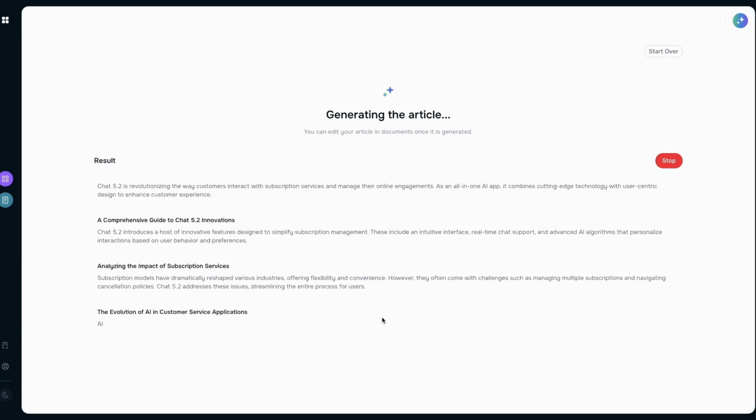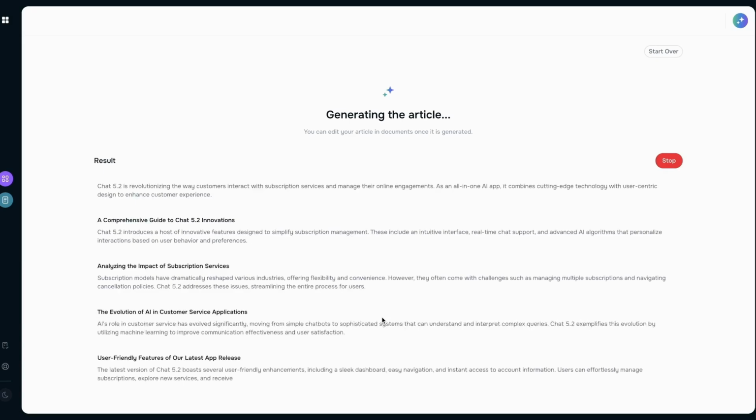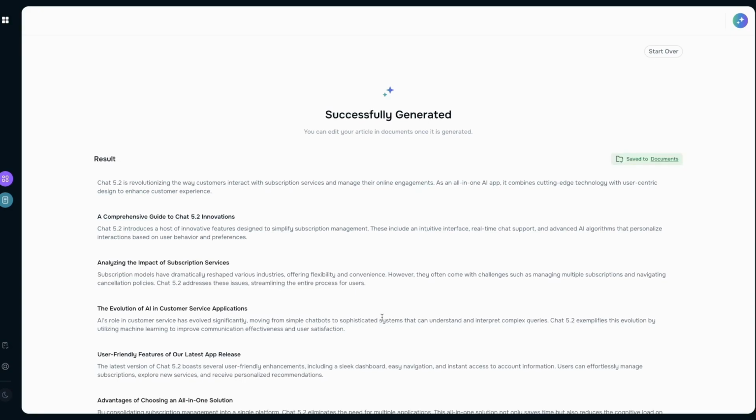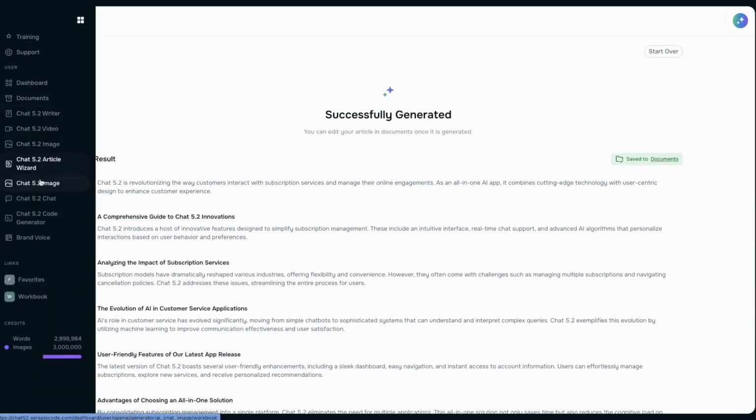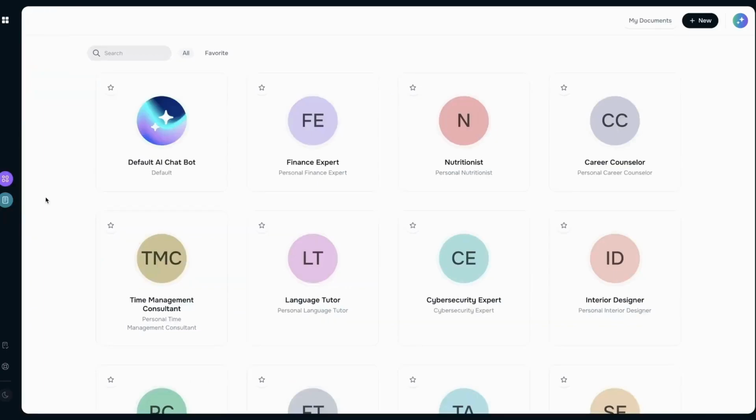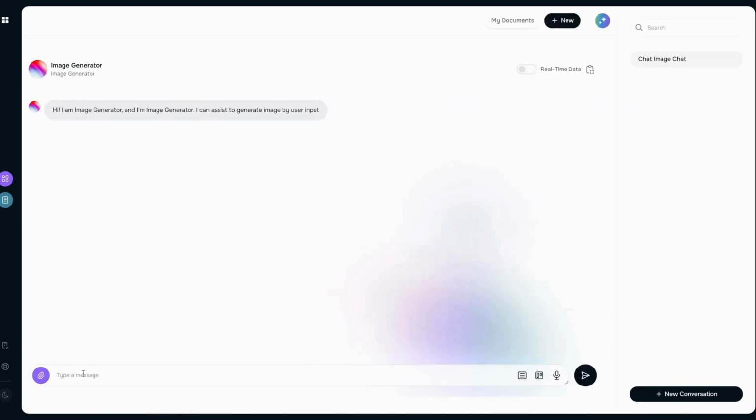Using Chat 5.2 GPT, Max AI engine gives you a one-time fee solution that enables you to create unlimited articles, unlimited content in any niche. You can even use the chatbot to chat with 10 different AI experts in different categories. You can also sell this as a service, so from finance to nutritionists to interior design, cybersecurity, language tutors, time management consultant, plenty more, and of course a default chat as well as an image generator inside which I am